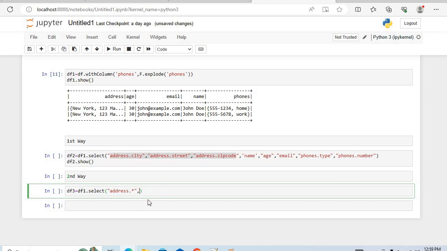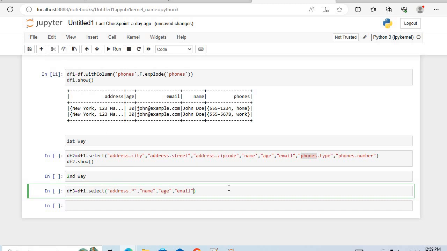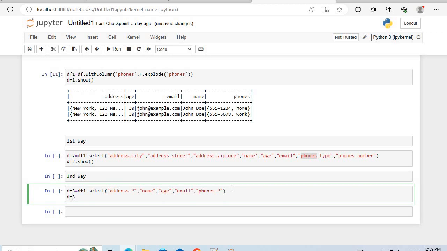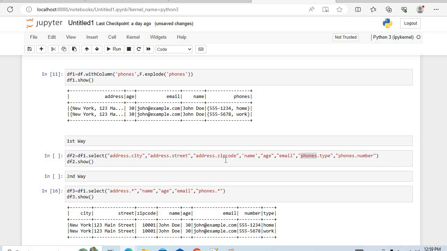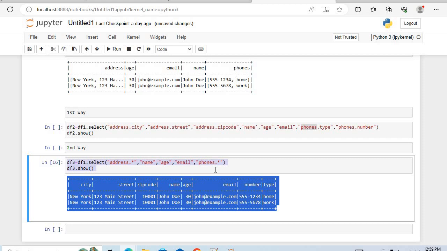Let me add another few columns: age, email. And inside phones, if they want to add multiple key value pairs, they can add them. I can handle it through phones.star. Let me show it. See, we got the same result. So this is the simplest way with which you can read